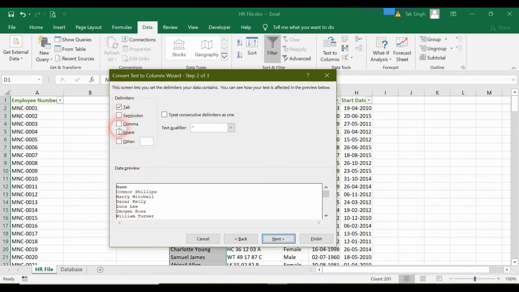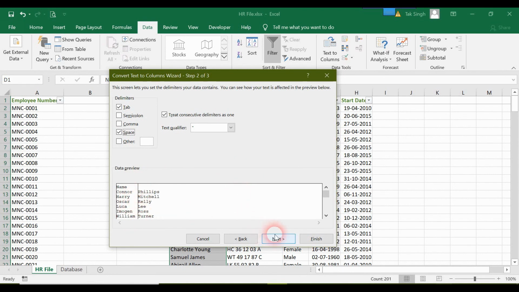By default the delimiter is tab, so I will also select the space, and now you can see that the first name is treated as one set of input, and the other is treated as another set of input, because it is delimiting the text based on the space present in the text.